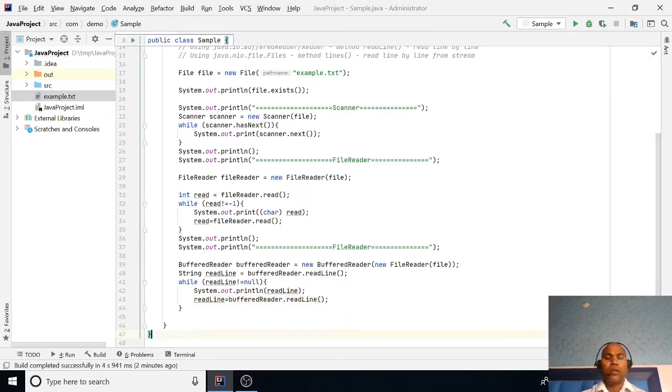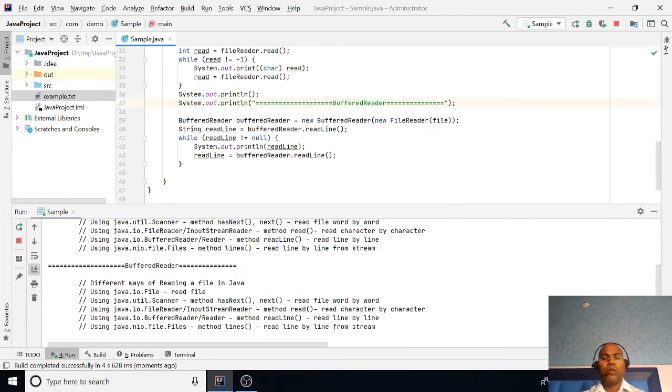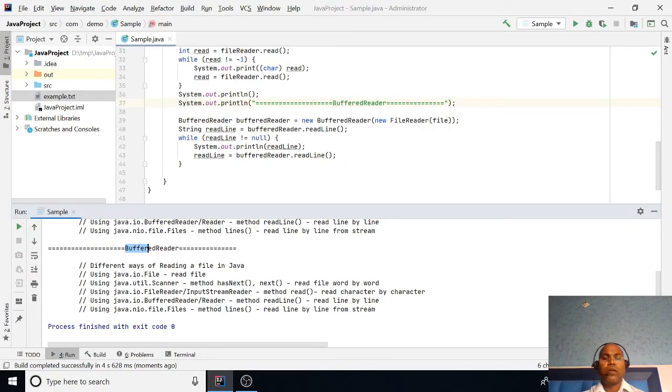In this way we are using the BufferedReader. If you execute this code, we notice that the BufferedReader has also read the complete file.